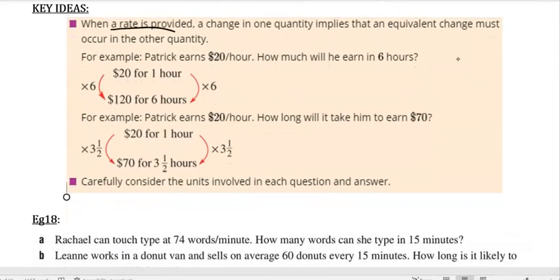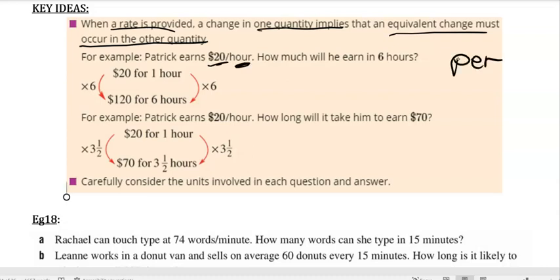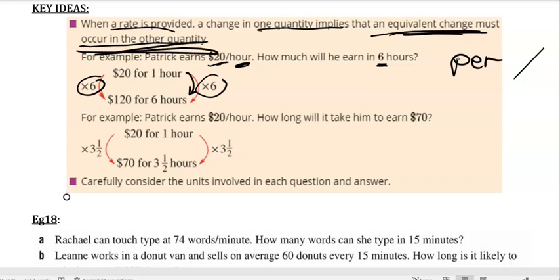When a rate is provided, you can change that. One quantity implies that the equivalent change must occur to the other quantity. So, $20 per, remember per is the key word when it comes to rates, and that looks like a slash. $20 per hour, how much will he earn in 6 hours? Well, to get from 1 hour to 6 hours, we multiply by 6, and so we do the same thing. Equivalent change must occur on the other quantity, and we multiply by 6 to get our answer, $120 for 6